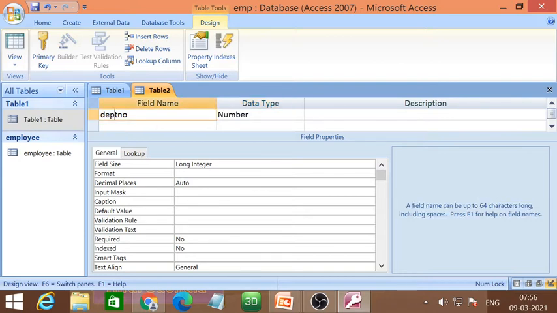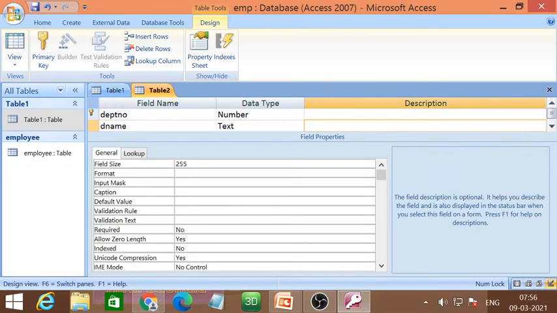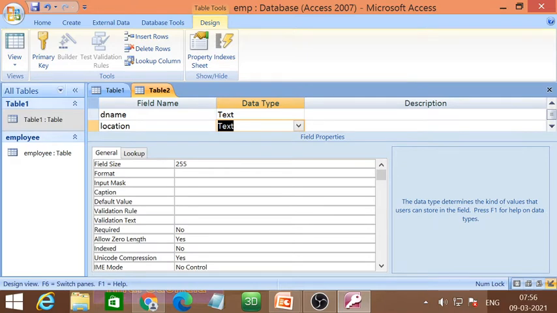Again students, for this particular table the department number will be the primary key, so I am clicking on the primary key icon. Next is department name, so DName, and a name always comes under the text data type. Location of the department, again it will be text. Now students, in the second table we have only three fields: department number, name and the location.